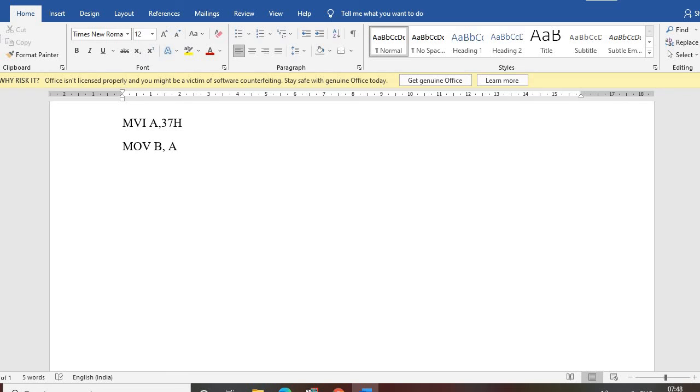Now we can mask the accumulator. So with what are we masking? 4 zeros and 4 ones. That means that is 0F. 0 means 0000, F means 1111. So what we have to do is ANA 0F. After this, what is the value of the accumulator? 07. So we will store it in a memory location. So STA 9051, because I have to store 03 first, then 07. That's why I am storing it in 9051.